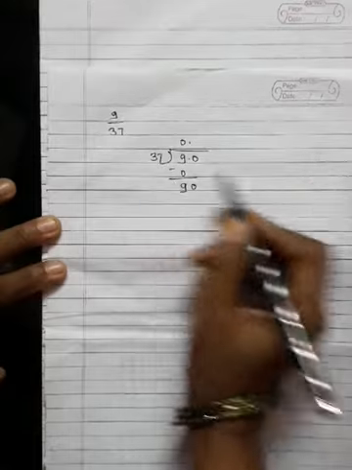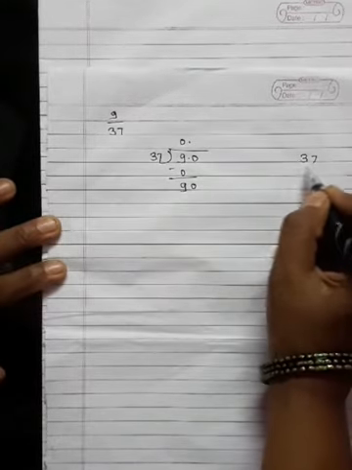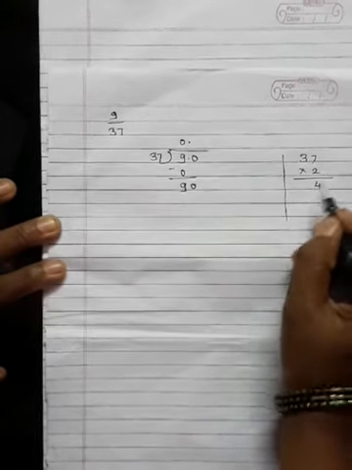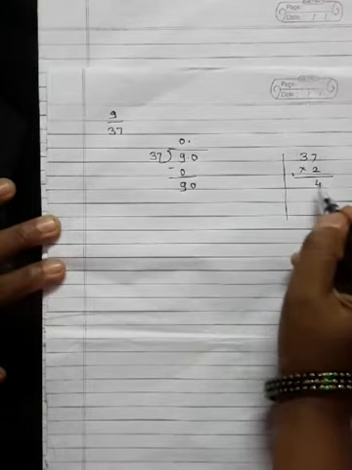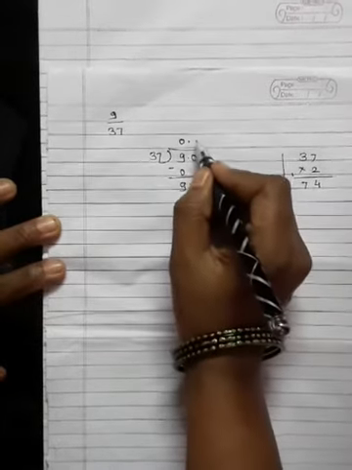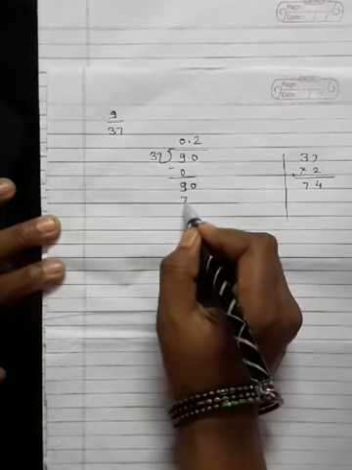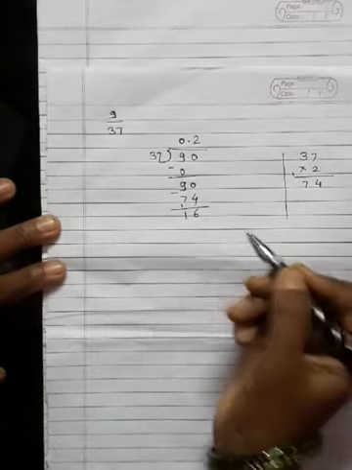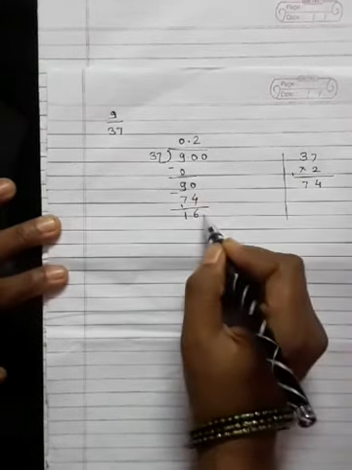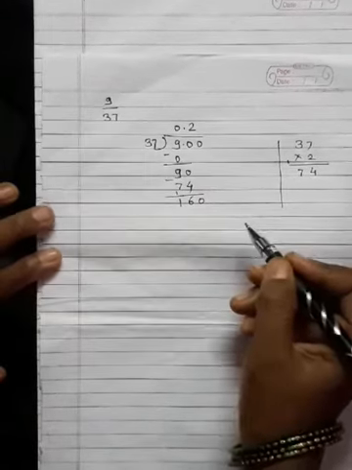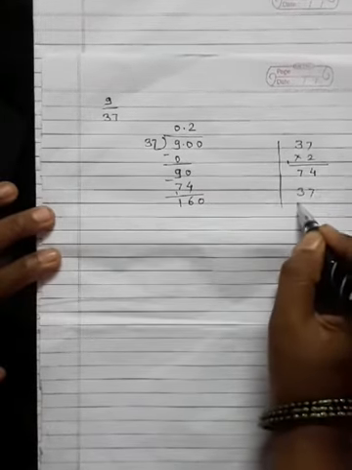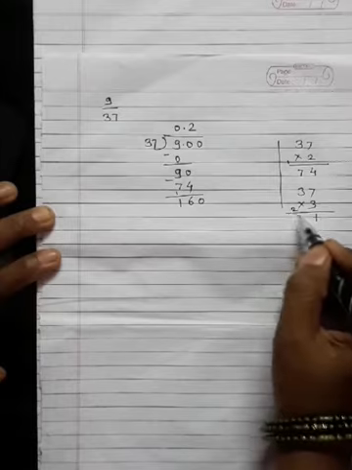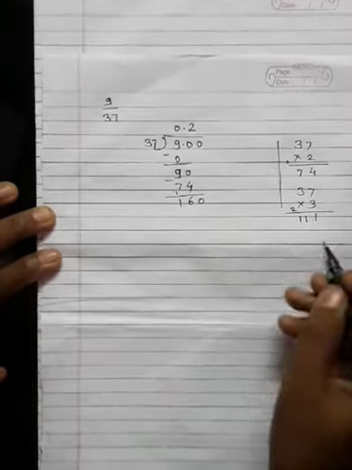Then 37, look here, 37 2s are, this is rough work, 7 2s are 14, carry 1, 3 2s are 6, 6 plus 1, that is 7, 74. Therefore write here 2. Then 90 minus 74, that is 16. Here 1 and here also 1. Then again take 0. Then look, 37 3s are, 3 7s are 21, carry 2, 3 3s are 9, 9 plus 2, that is 11. There is a difference.